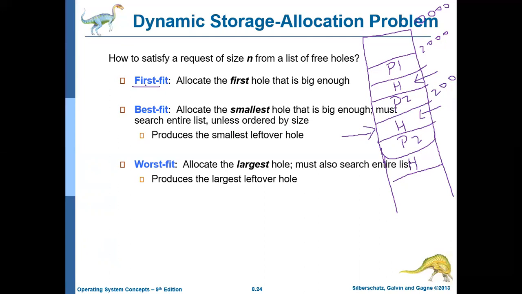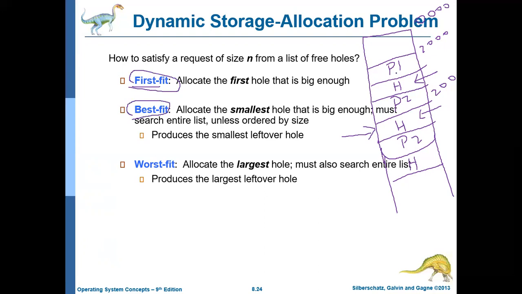First fit says that you just browse through all the holes, starting from the beginning location, and whichever first hole you find that is big enough to fit this process, allocate that hole for that particular process. That's it. Okay, that is first fit. That is one approach. This is one algorithm. The second algorithm is best fit.